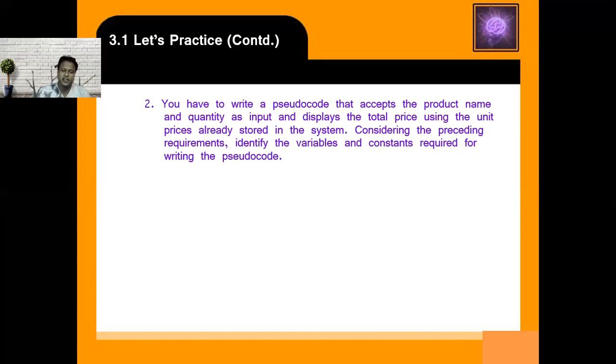Then here, how many variables or constants are required, what is the variable name, and what is the constant name, if a constant is required? Tell me. Unit price is the constant. Good, that is right. Then variables: product name, quantity, and